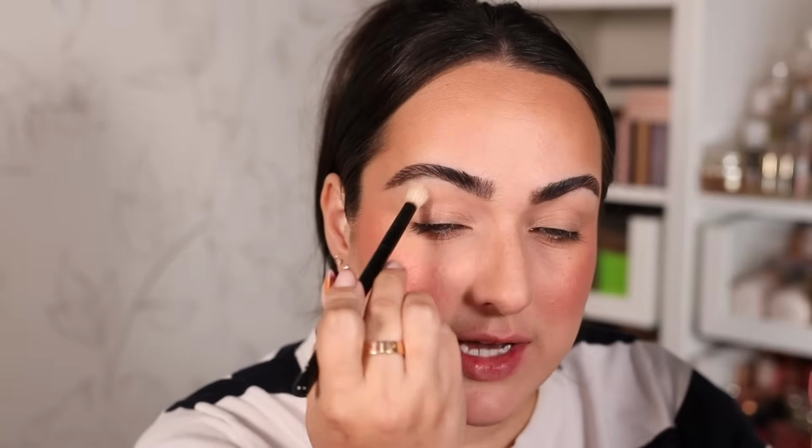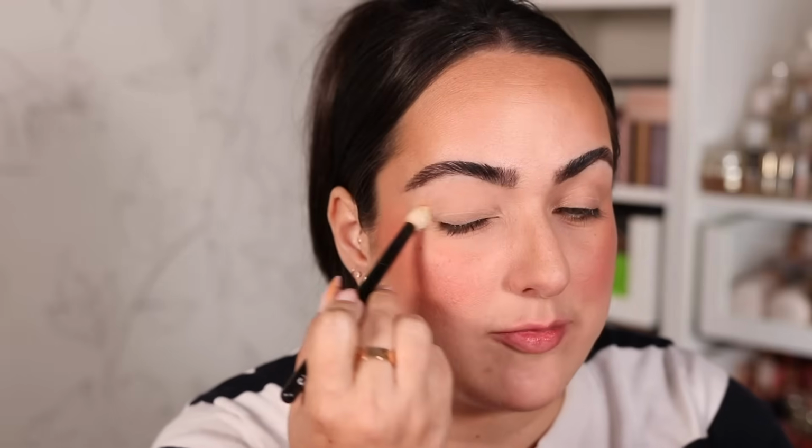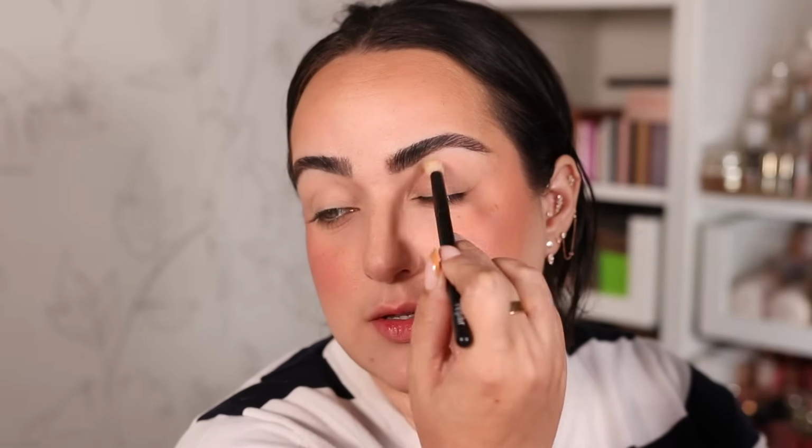We'll see. First shade I'm going to use is shade 3 as kind of the base slash beginning of a transitioning shade all throughout the crease of the eye. And this base color doesn't have a lot of pigment, but I don't think it needs to, because you just want it to even out the eyelid slightly and to make it easier for other shades to blend on top of it. So with a reference number 15 brush, which is my favorite blending brush, I'm just adding that color